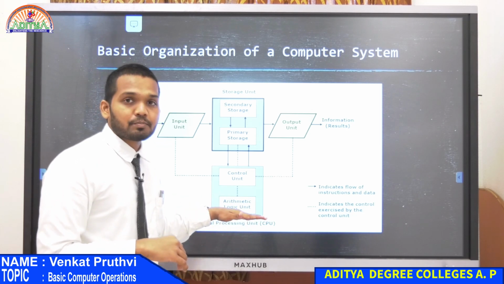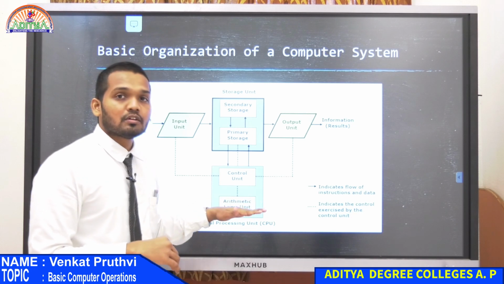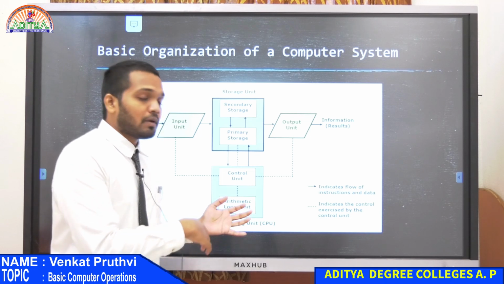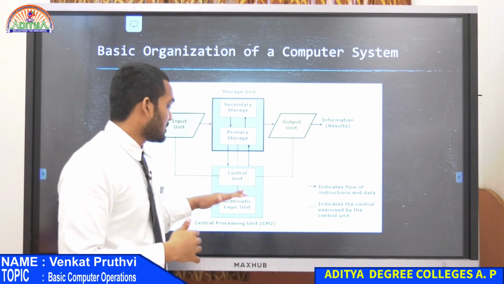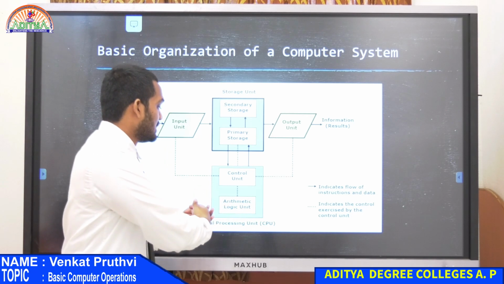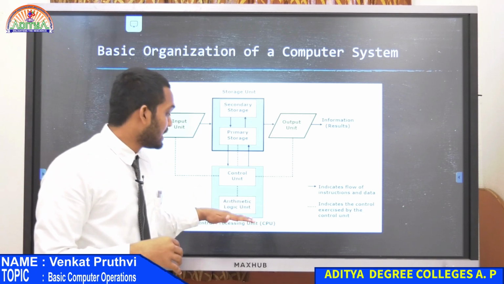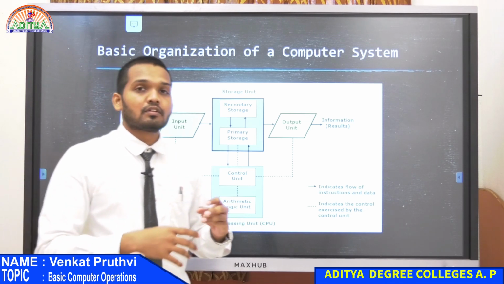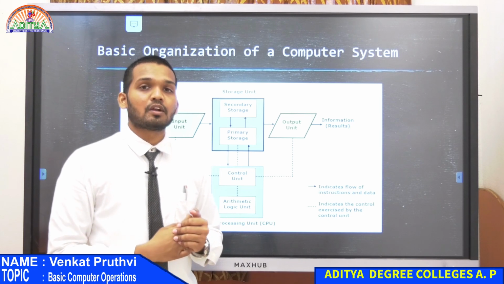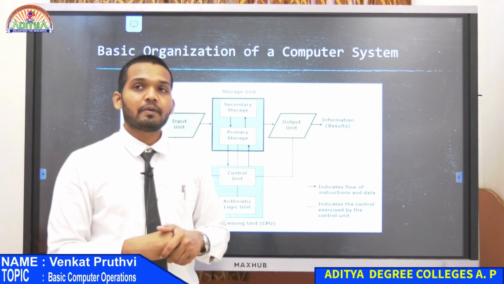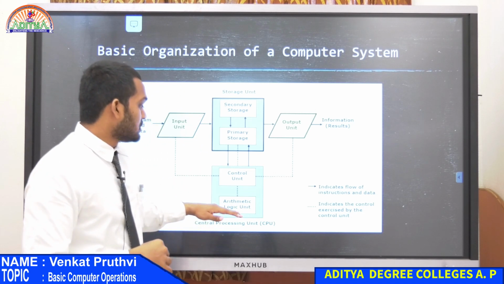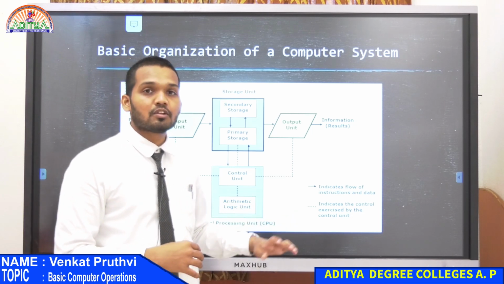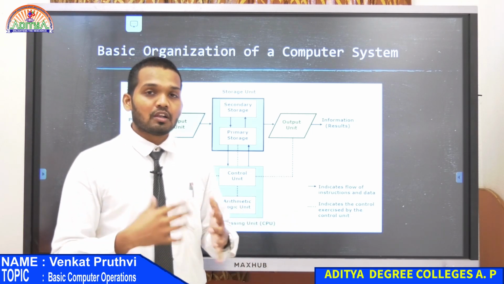The ALU always performs tasks related to arithmetic operations, whatever addition, subtraction, and whatever mathematical calculations need to be done. All those processes are done by this arithmetic unit, and the logical unit only concentrates on the logic, where if a certain condition is to be met, what are the different possibilities in the input, and based on the inputs it provides you an output. So this part is like the brain of your computer, not the whole thing, but at least the arithmetic and logical unit is where the computer actually performs all its calculations.